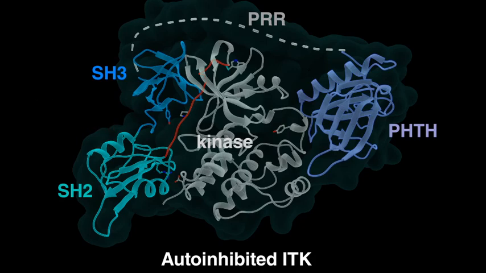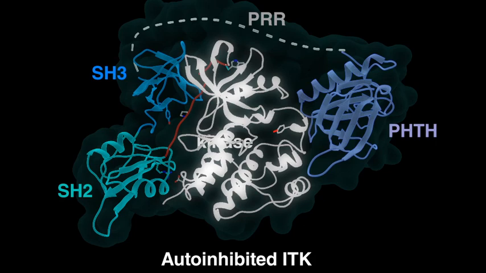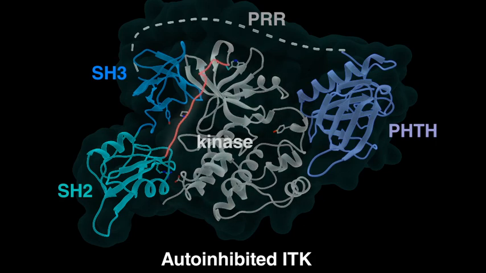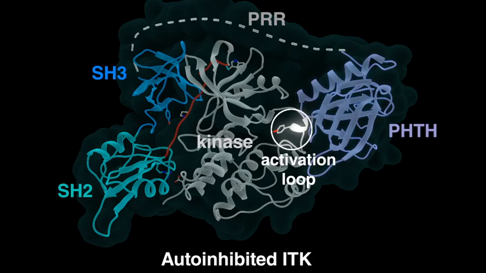The current model for the autoinhibited structure of ITK is shown here and is based on a crystal structure of the SH3-SH2 kinase portion of the molecule and solution studies of the full-length protein using NMR spectroscopy and hydrogen deuterium exchange mass spectrometry. The SH3 and SH2 domains assemble onto the back of the kinase domain opposite the active site, with the SH2 kinase linker sandwiched between these regulatory domains and the kinase domain. The PHTH domain sits on the opposite face of the kinase domain and sterically occludes the activation loop. For the SH3, SH2, and PHTH domains, each of the ligand binding sites is either occupied or masked in this